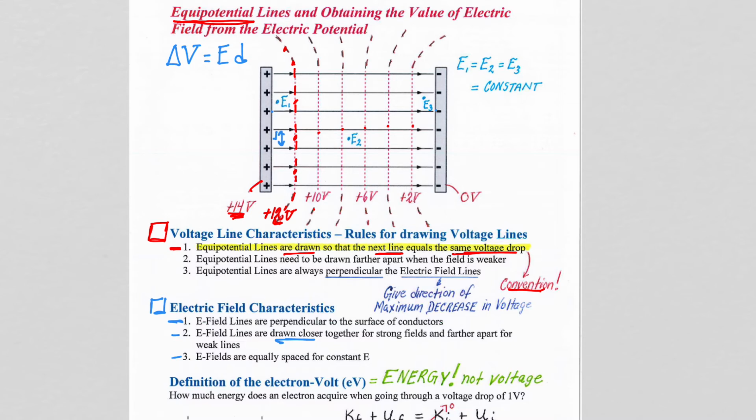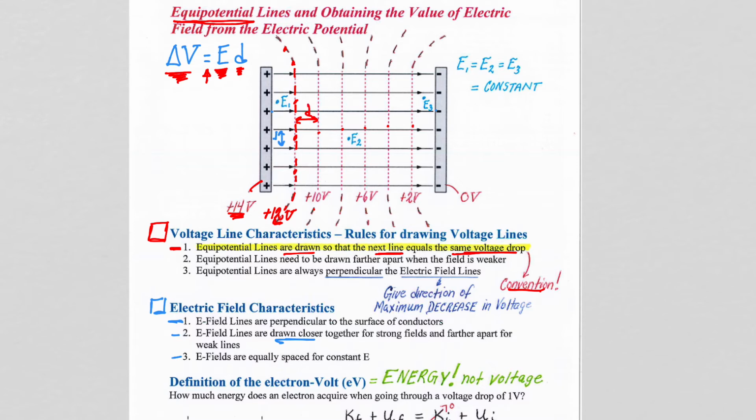Now, we will always understand the relationship between how many lines are drawn and the spacing between the lines based on delta V equals ED. Why does that help us so much? Well, we know the delta V's have to be the same value from line to line. So that tells us that if the electric field is constant, if E is not changing, then D cannot change because the delta V has to remain the same. And that's exactly what we see here. The same distance, D,